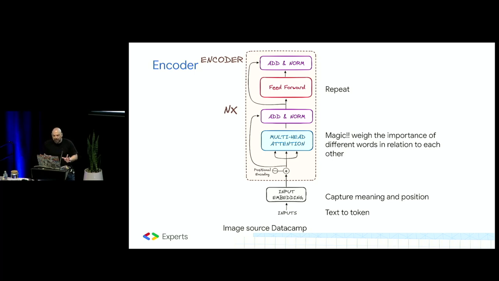Now here comes the magic of this algorithm. The attention mechanism allows the encoder to weigh the importance of different words in relationship with one another. This entire process gets repeated multiple times in different layers of the encoder, allowing the model to capture a really complex representation of the relationship between the words and the representation that they have within text.